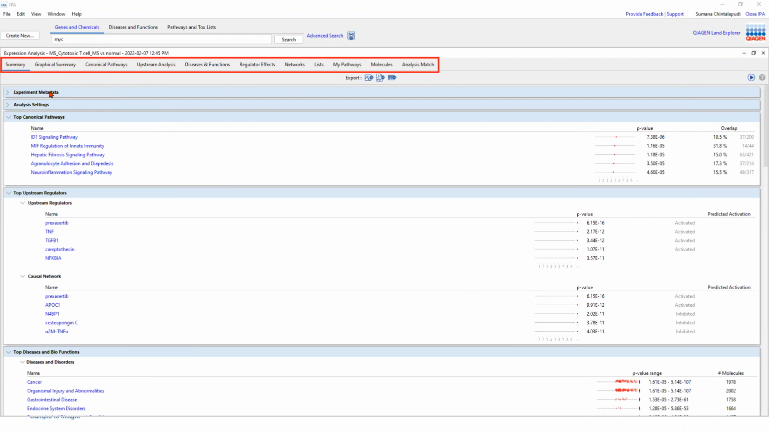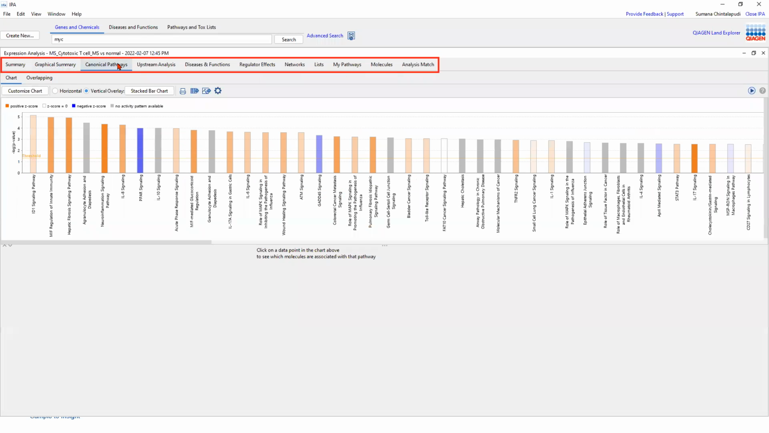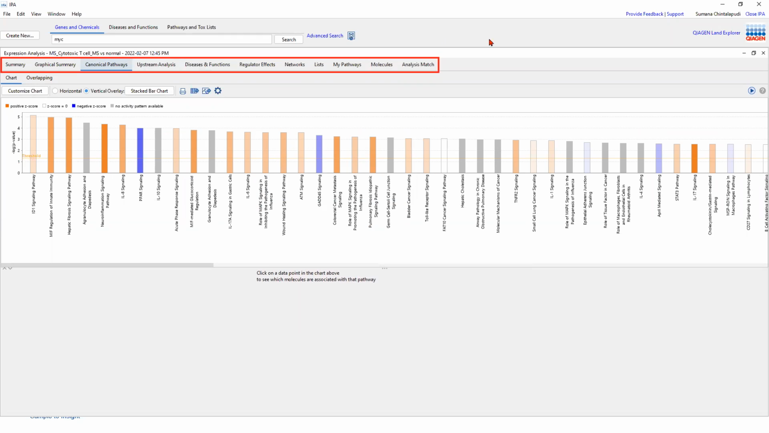So here we know how to interpret the summary page. We also know how to interpret the graphical summary. And here we have canonical pathways. So we obviously know how to interpret some of the canonical pathways here. On the x-axis, we have pathways that are enriched. On the y-axis, we have the p-value of their enrichment. Now, what I did not show you earlier is some of the other features that are available for canonical pathway. So here, if you click on this customize chart option,